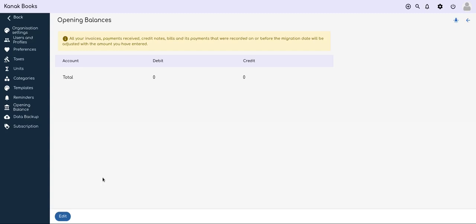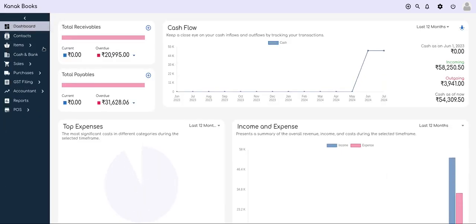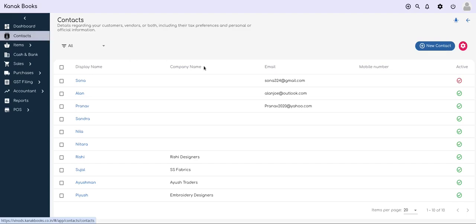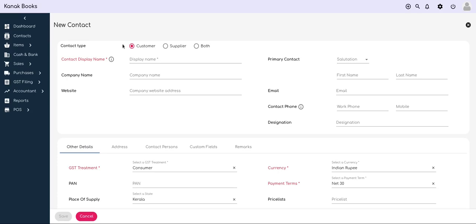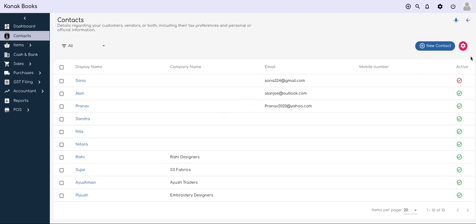Once you configured application, you can add your products and services, followed by adding customers and suppliers to start using the application. From the contact screen, you can add contacts which could be either a customer or a supplier to your business. Contacts could also be added on fly while you create estimates, invoices, etc.